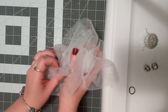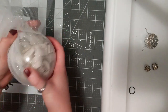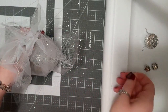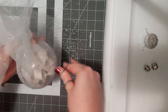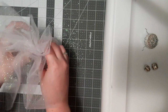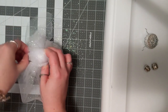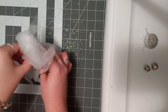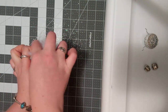And let's see here. There we go. And once I am happy with it, I'm going to give it a few twists. And like I said, I'm going to use the rubber band and actually put the rubber band over that, because I find that this keeps it in place until you can get your actual ribbon on. Be careful with these itty bitty little rubber bands because they will snap on you